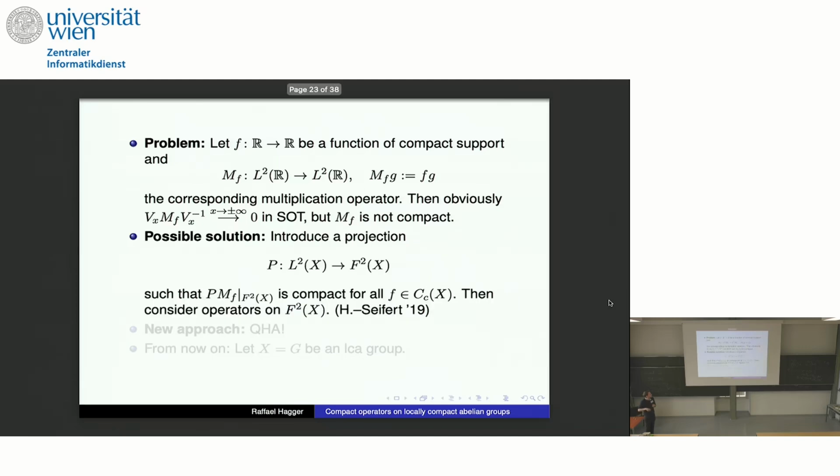Hold on. There's a possible solution. I'll tell you in a second why I call it possible. It's not what we want, but what we did in 2019, and we had something else in mind. So we cheated a little bit and said, well, okay, let's take a subspace, and instead of operators on L2 space, consider operators on this subspace, and we choose the subspace in such a way that this gets compact, and then we somehow circumvented the problem, right? And well, that can be done, and this leads to this Fock space and Bergman space theory and so on. You can do that, and you get something. But obviously, I just changed the problem, so